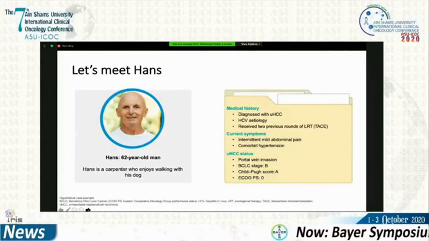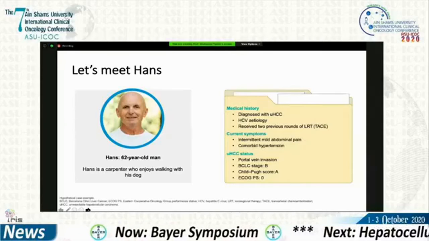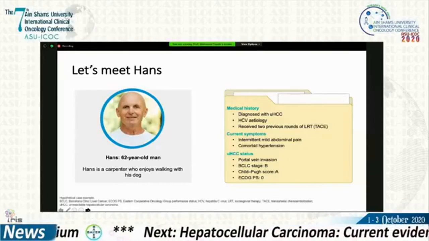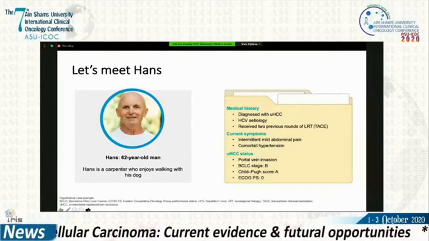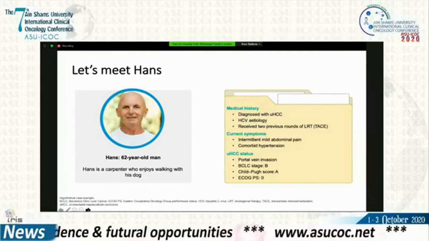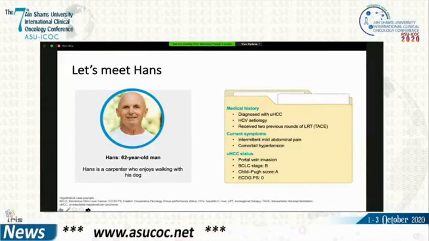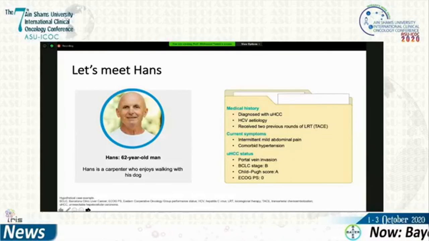So here, let's meet a real-life example. Let's meet Hans, who is 62 years old. Hans is a carpenter who enjoys working with his dog. Medical history: diagnosed with unresectable HCC, HCV etiology, received 2 previous rounds of TACE. Current symptoms: intermittent mild abdominal pain, comorbid hypertension, unresectable HCC status, portal vein invasion, BCLC stage B, Child-Pugh score A,